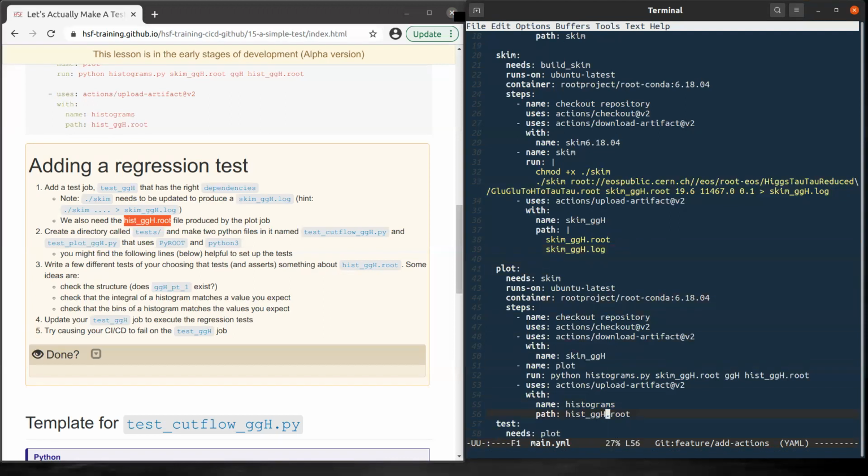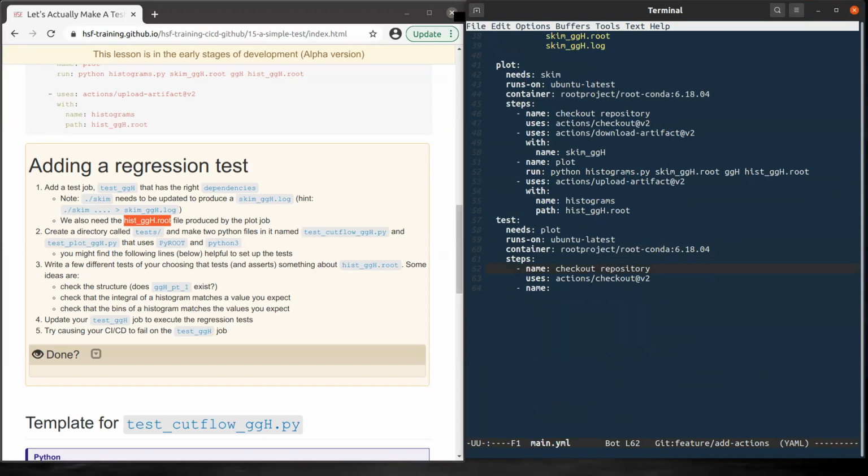And then we also first need to, let's put a name. Let's say it's download, let's download from skim. Okay, uses actions, we need to download artifact with name.